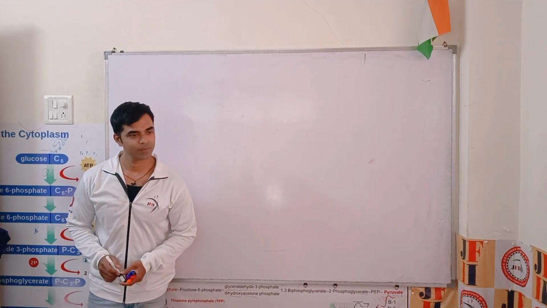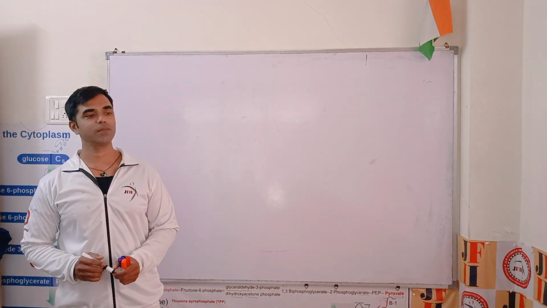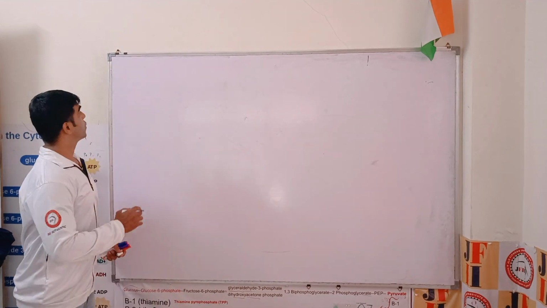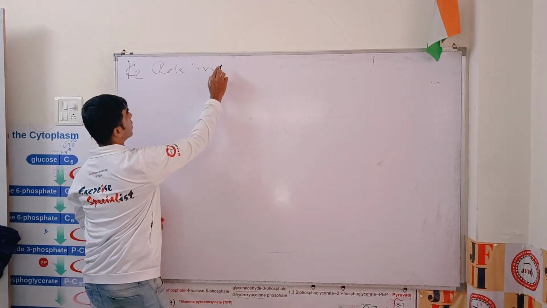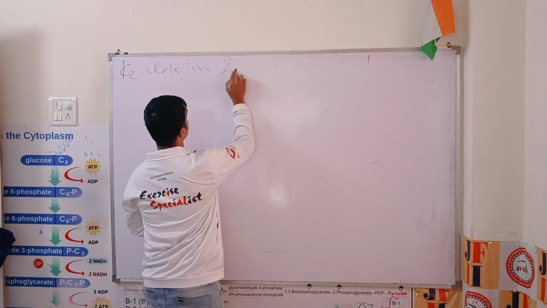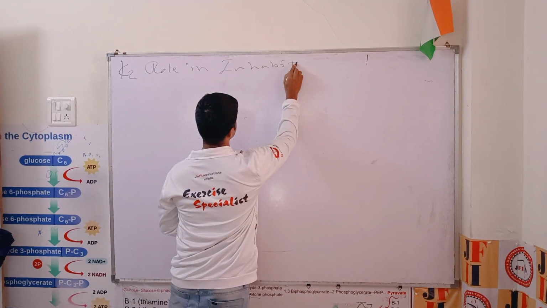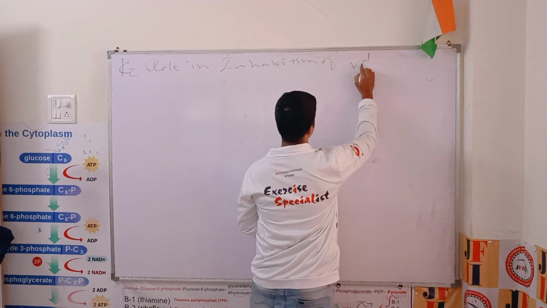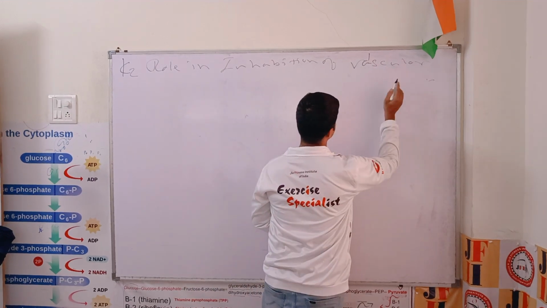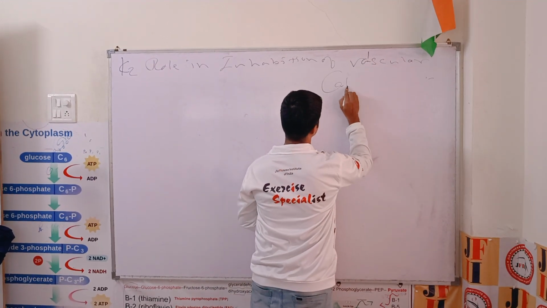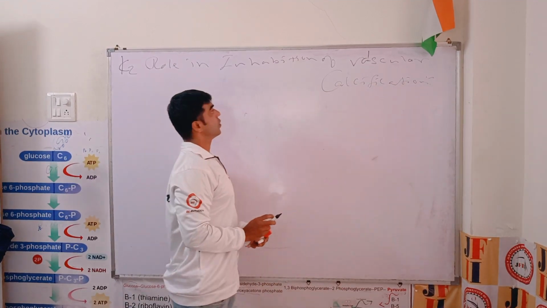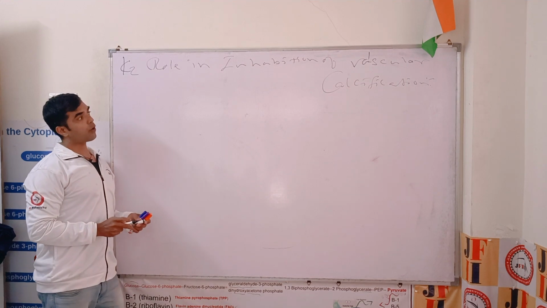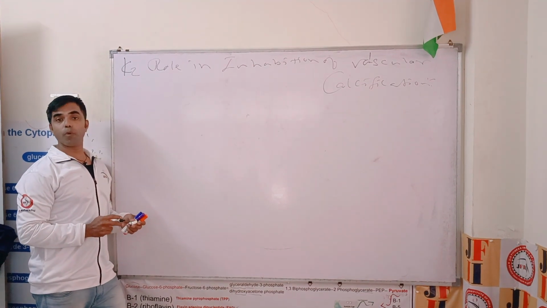Sir, how does K2 decrease vascular calcification? So, K2's role in inhibition of vascular calcification, right? Prior to that, we have to understand the bone cells,